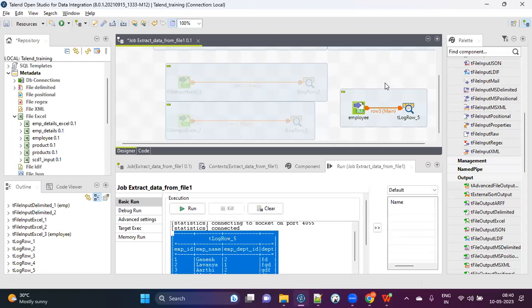So for that, how can we improve the performance in Talend Open Studio for the file loading? Again, this is really out of context here, but